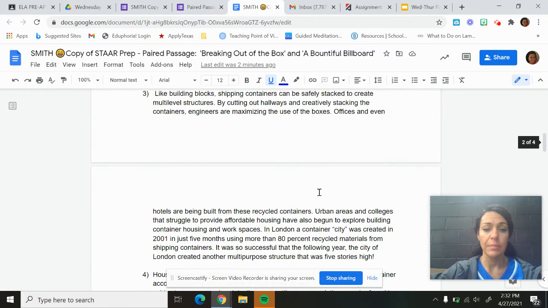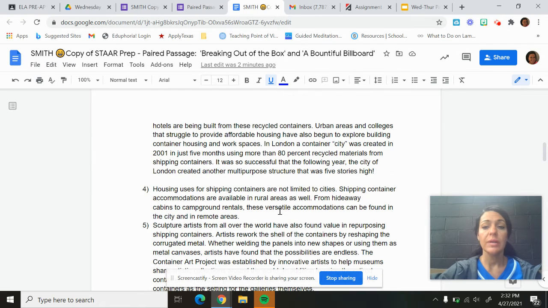Offices and even hotels are being built from these recycled containers. Urban areas and colleges that struggle to provide affordable housing have also begun to explore building container housing and workspaces. In London, a container city was created in 2001 in just 5 months using more than 80% recycled materials from shipping containers. It was so successful that the following year, the city of London created another multi-purpose structure that is